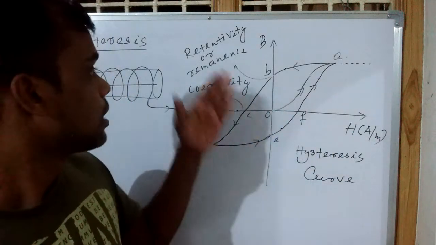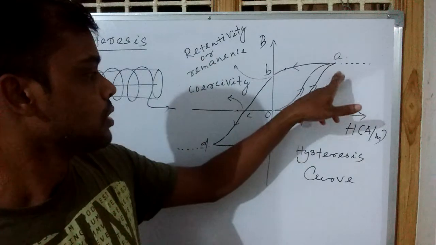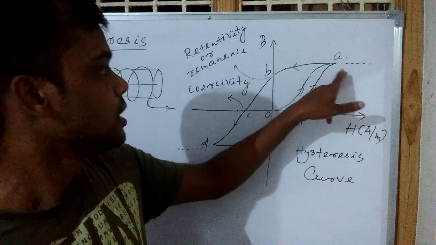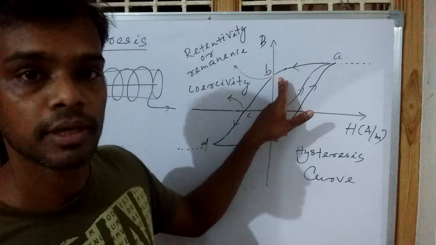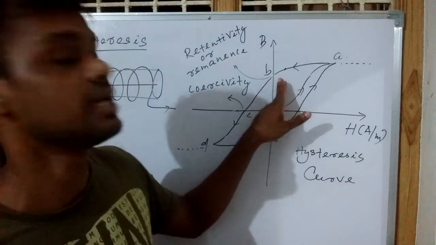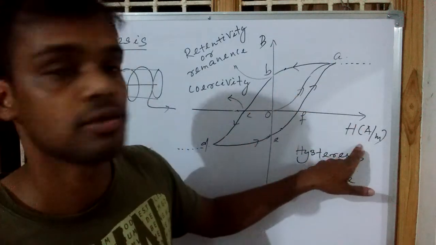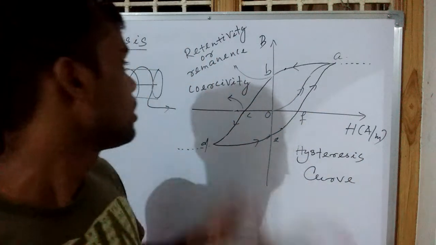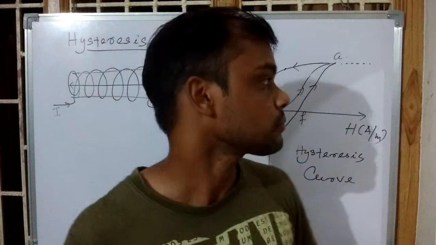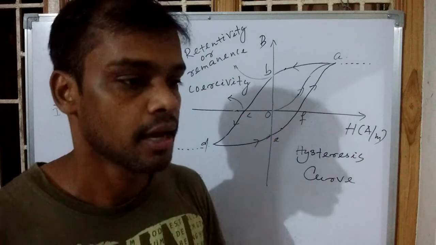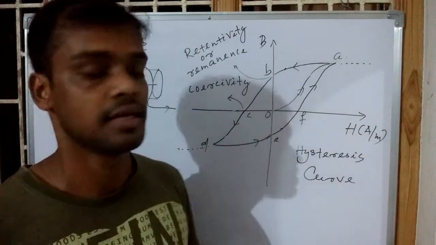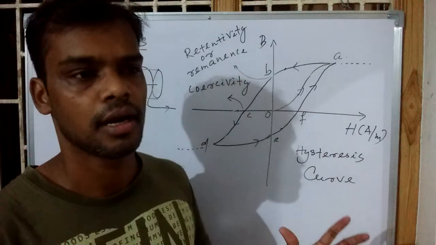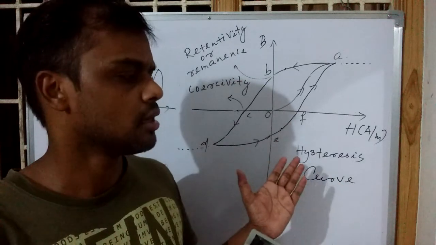Okay, now what is retentivity? If you make the current zero after magnetizing it once, then it will not become zero immediately, rather it will retain some value when the current is already zero. That value is called retentivity or remanence. Okay, so this property of the magnetic material or ferromagnetic material is very, very useful in some devices, and it also plays